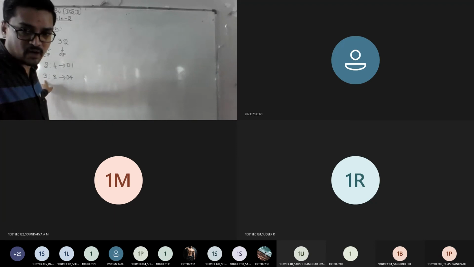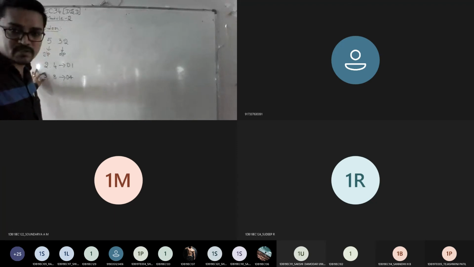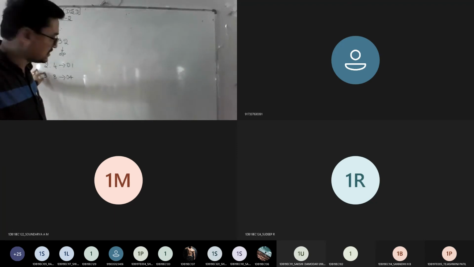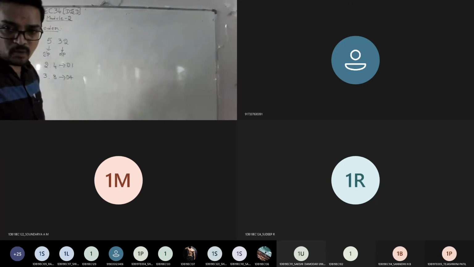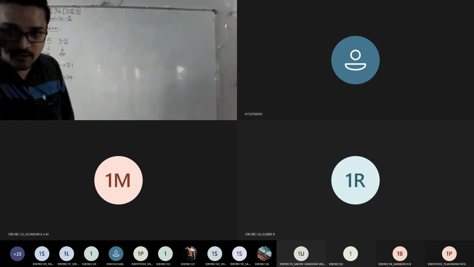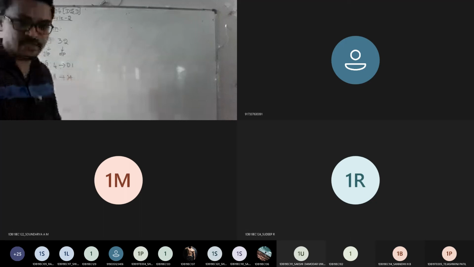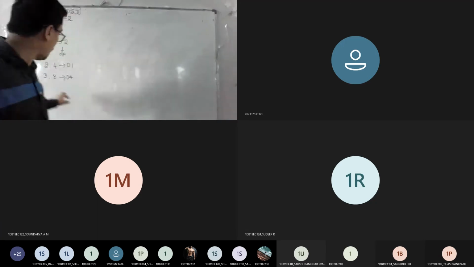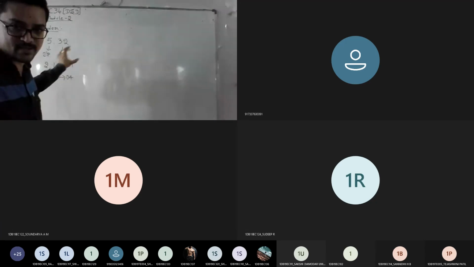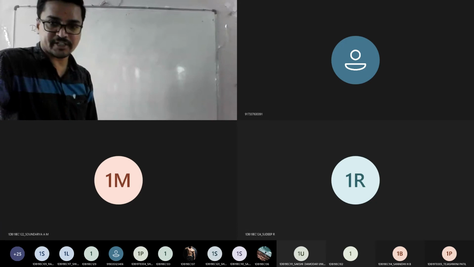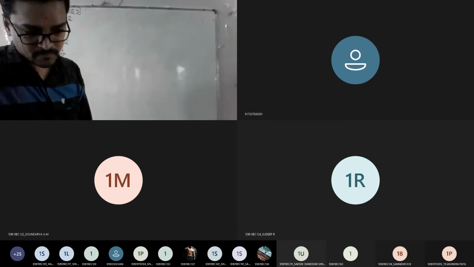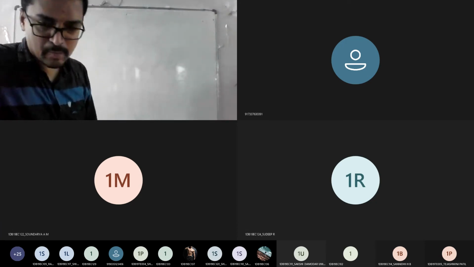So you want 5 inputs, right? How will you get 5 inputs? 3 inputs from your 3:8 and 2 inputs from your 2:4 decoder. So 2 plus 3 combination gives 5 inputs. And what will happen for this output, that is the scenario now. Everyone got the question first of all? Have you got the question?